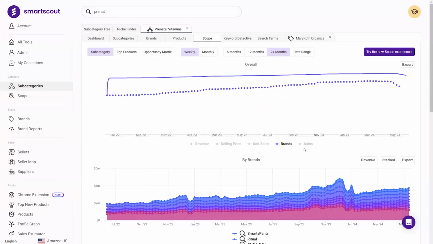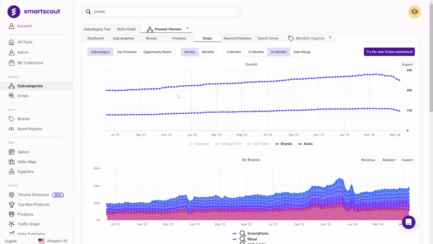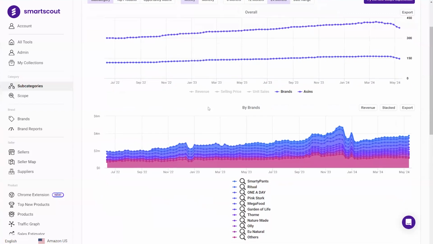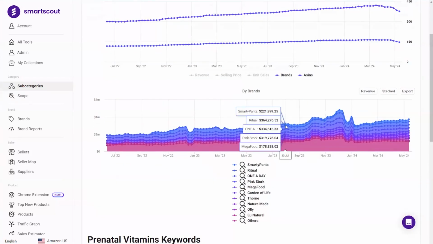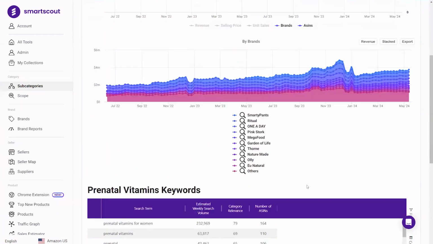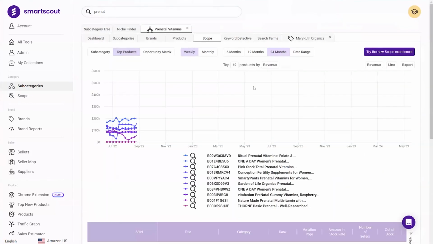And let's take a look at the amount of brands. Okay, so that's interesting. So we have a lot of brands entering the market and ASINs. Like 2 years ago, we only had roughly 120 brands. Today, we're at 150. So some brands entering, and ASINs roughly 300 to 400. So brands in the space are adding new products and new brands are entering the space. And so if I have the funds for it, this is definitely a space that would be interesting to potentially explore entering.